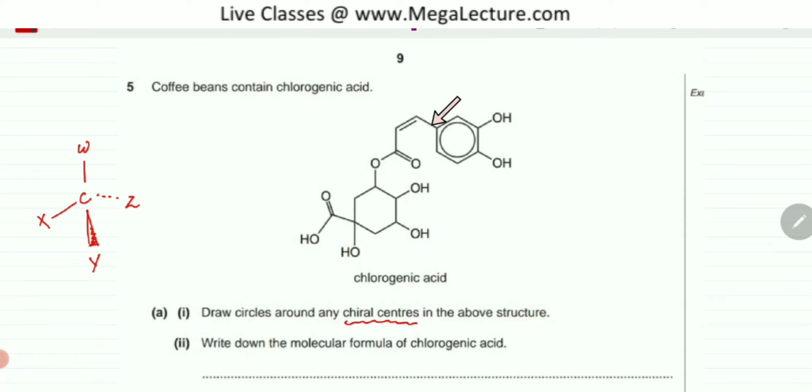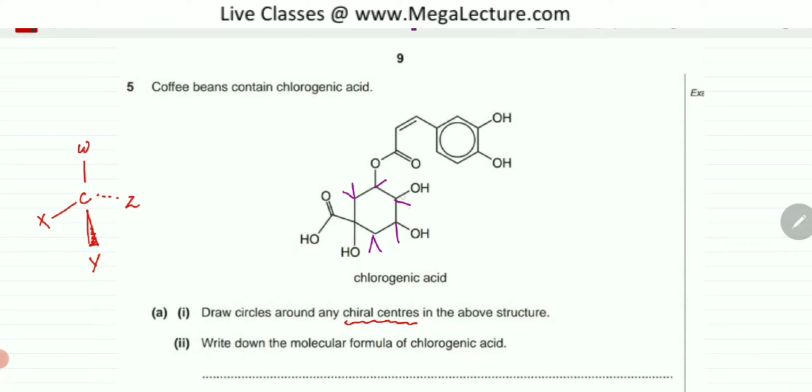So this is a skeletal formula. Let me put in all the hydrogens which are not drawn over here for clarity. Now, chiral centers are when carbon is forming single bonds. So that would pretty much exclude any carbon atom that's forming a double bond, like the one over here, or the ones over here, over here, over here, and the ones that are attached to benzene rings. All of these carbon atoms are excluded because they cannot be chiral because they're not forming single bonds.